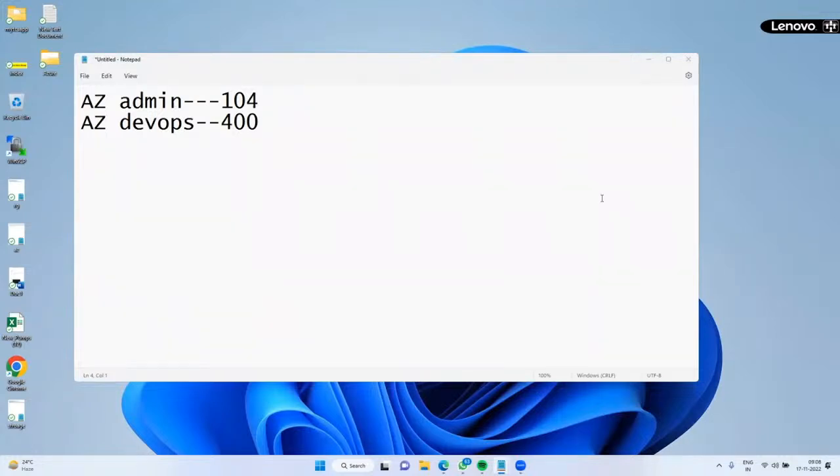No, DevOps is of two types: AWS DevOps and Azure DevOps. Azure DevOps is totally SaaS, software as a service. The main thing is YAML; we will consume YAML code.